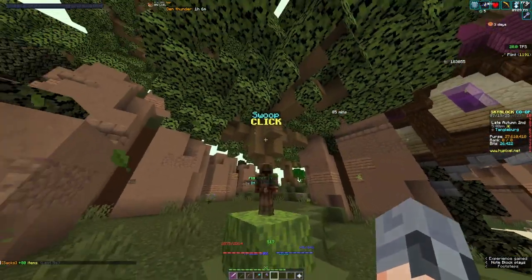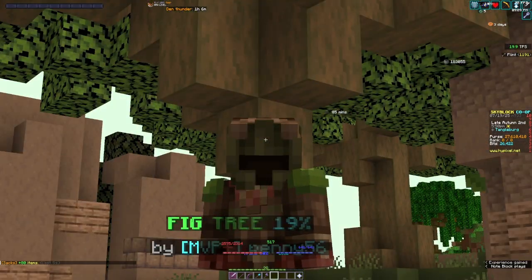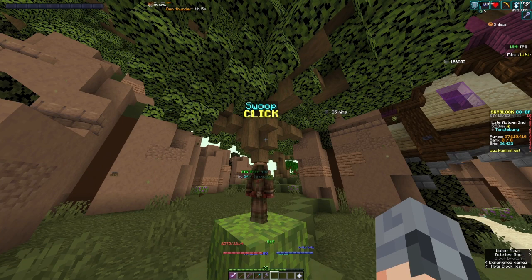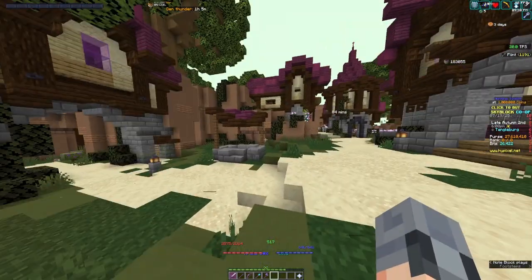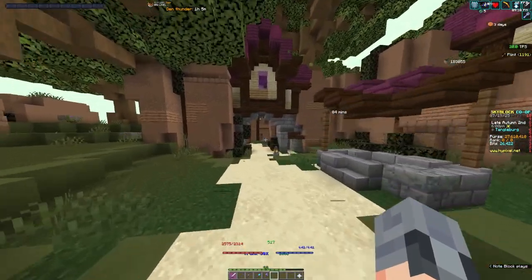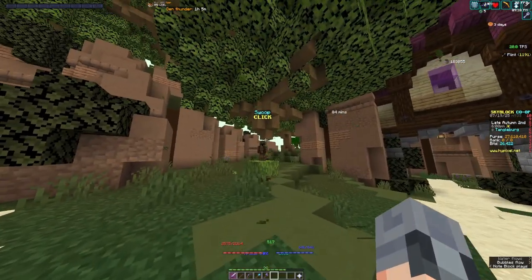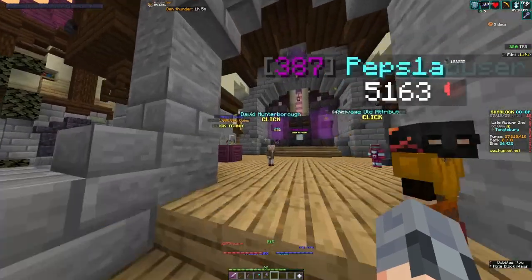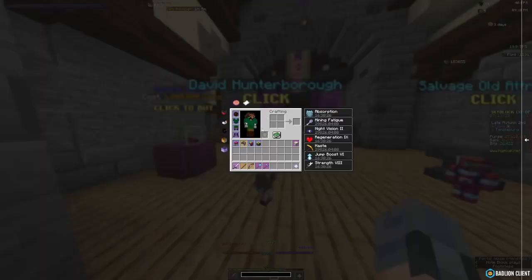So when you talk to this little guy right here that's sitting on the stump, he will teach you about that. He will also give you your first ever axe that gives you sweep. So now that you've talked to Swoop, you can now go over to David right here, and you can get